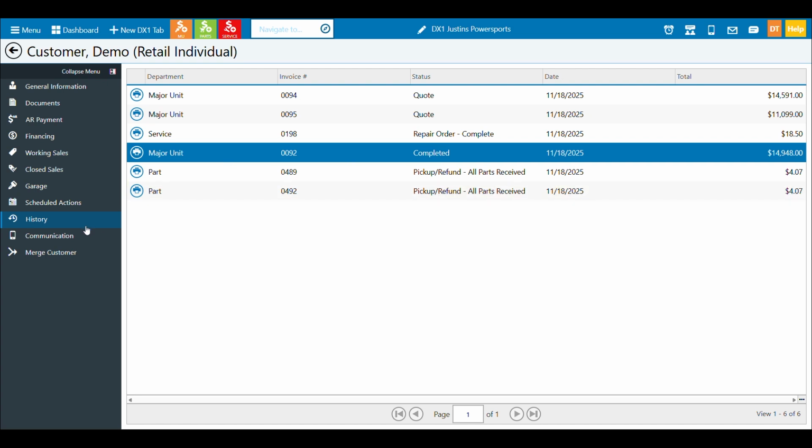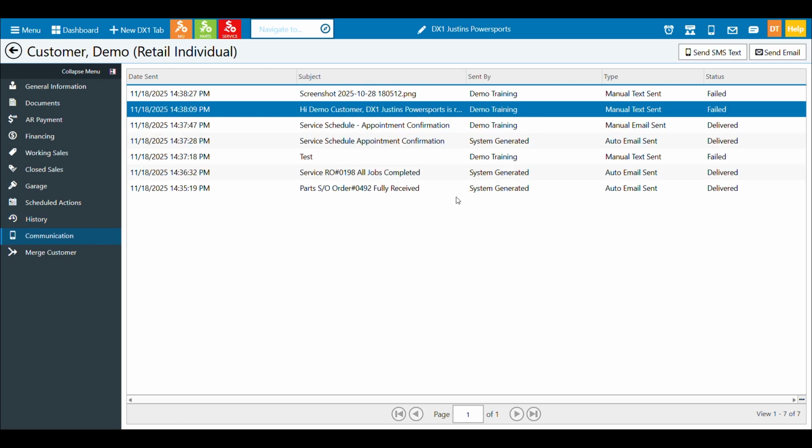And then finally, we're going to talk about communications. And this is one of the great parts of DX1. With the built-in auto notification tool, it really takes away a lot of that, hey, somebody didn't let me know something. We don't want to argue with our customers, even if we know somebody did call or did do that manual task. It's always hard to know exactly that your employee did it every time.